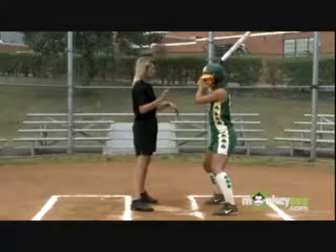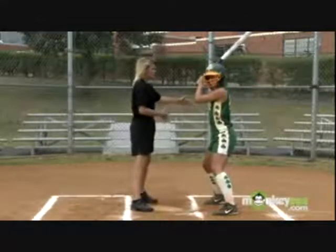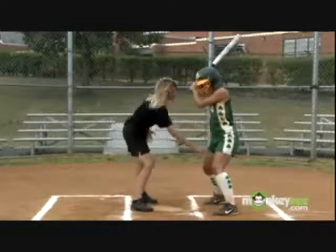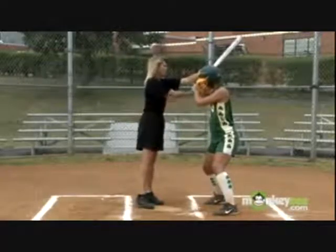She's got her good stance, a good two-eyed look. Now she's thinking, okay, I've got to get things going. I've got to get myself a good stretch. So she does her weight shift, front side. The bat's coming around. She's keeping connected. Her